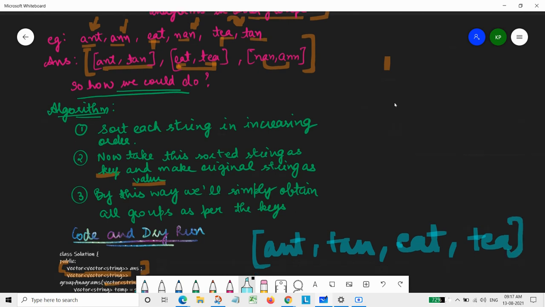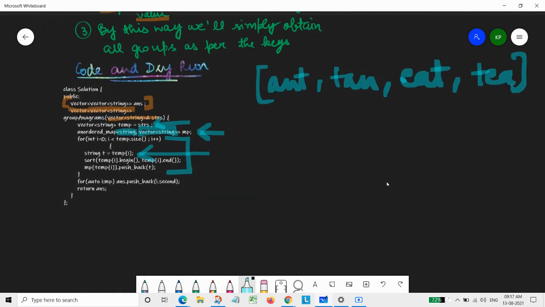From this, the first string stored in T will be ant. After this is stored in T, we will sort it. After sorting, it will remain ant only, because it is already in lexicographical order.